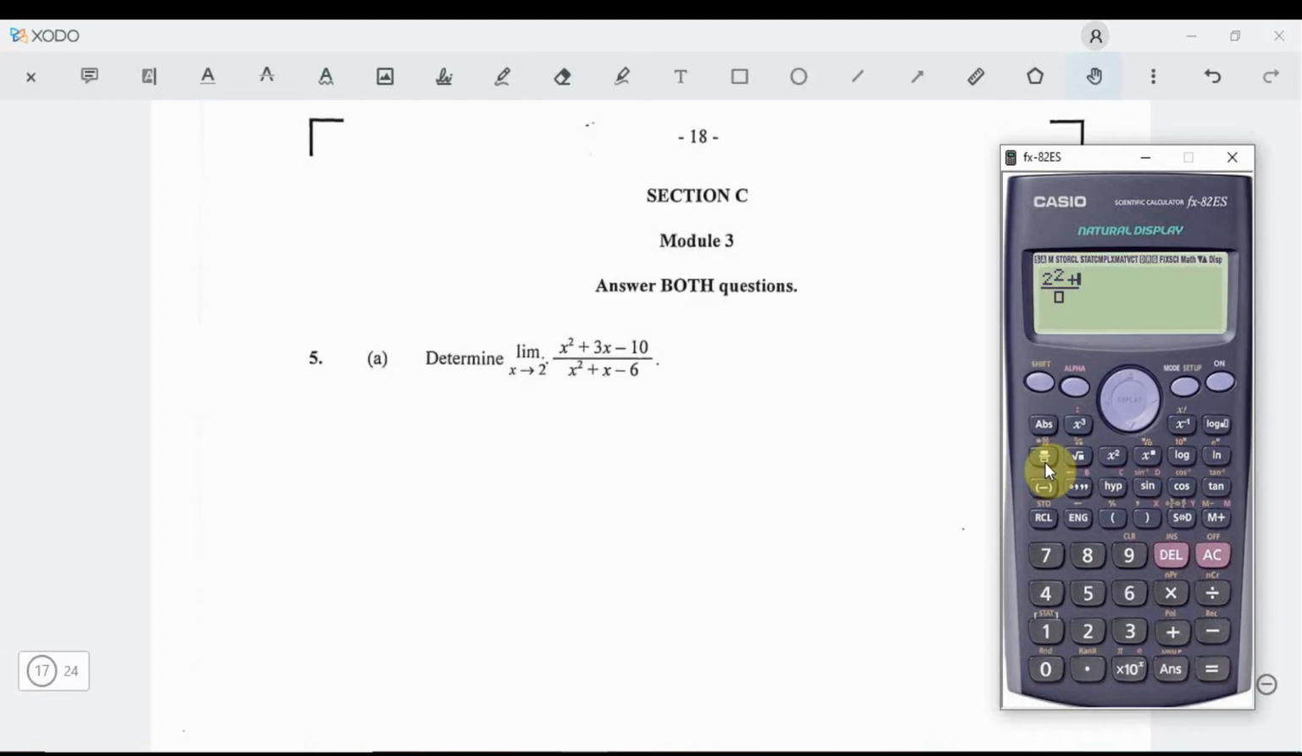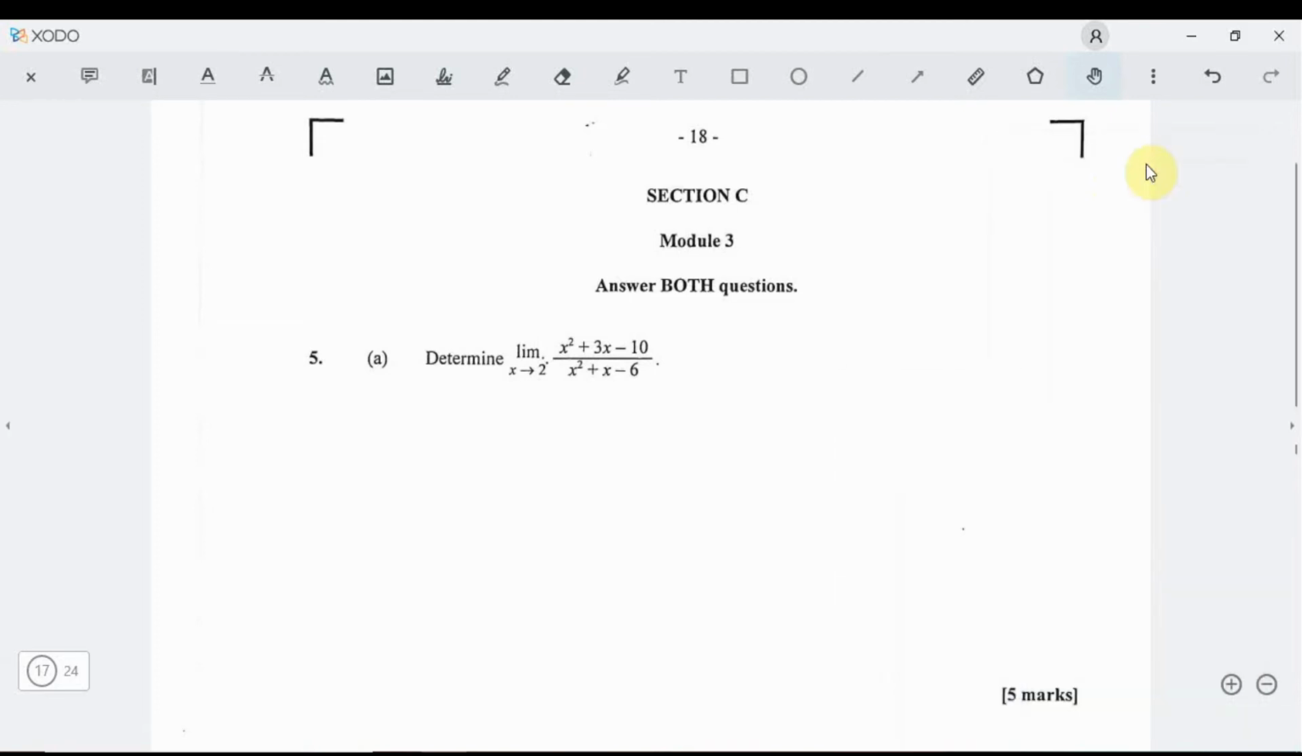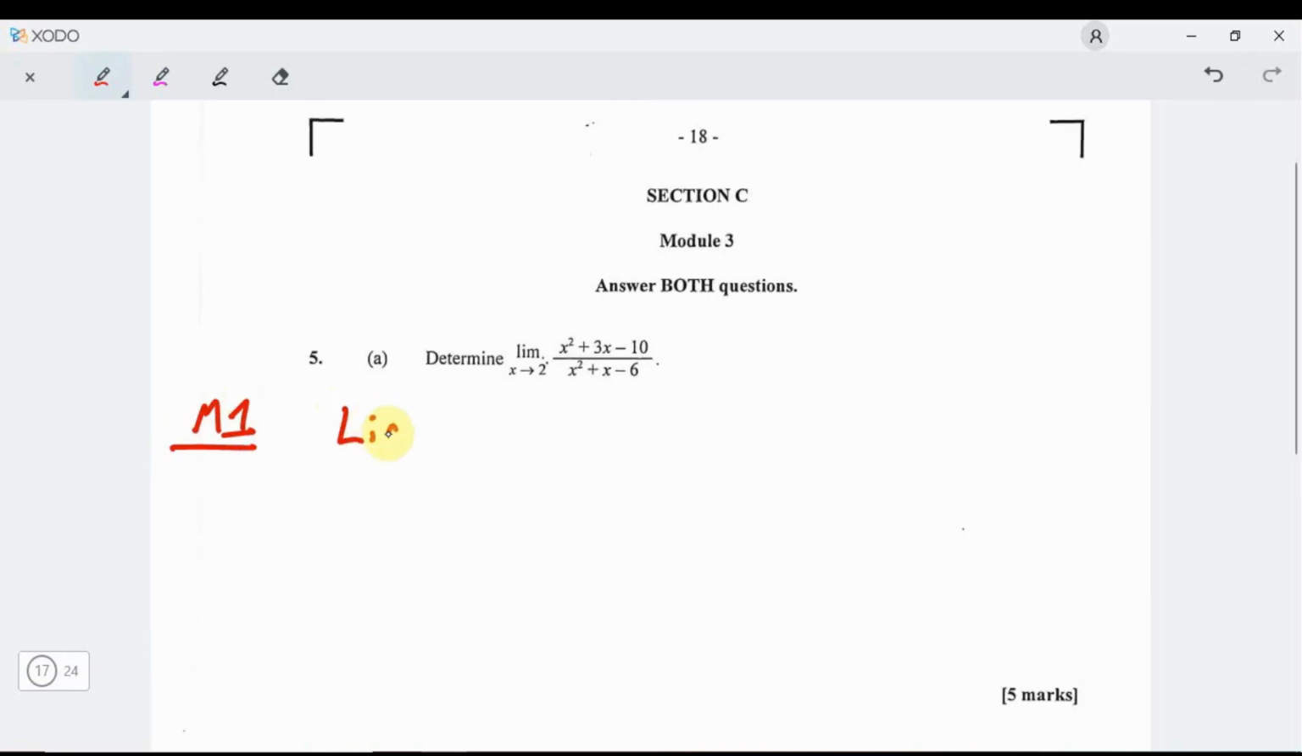Say 2 squared plus 3 times 2 minus 10 over 4 plus 2 is 6. 6 minus 6 is 0. You notice you get undefined. So you cannot put in the 2, so we can use L'Hopital's rule. So this is method 1. Method 1, it becomes the limit as x approaches 2 of